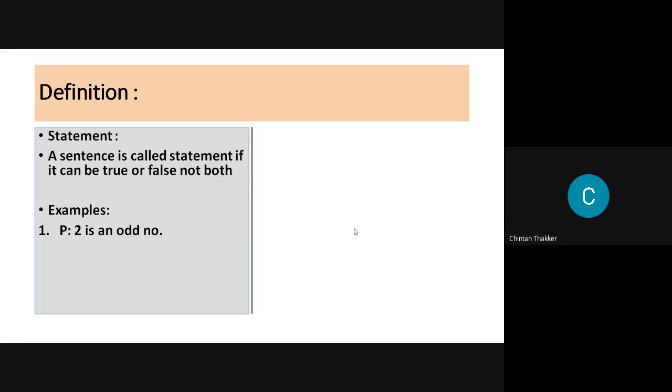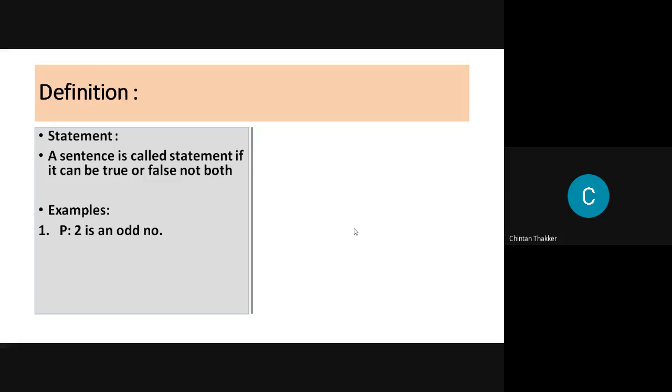Now, suppose someone gives the sentence: what a sunny day, or what a rainy day. We cannot say that this sentence is true or false, because there is no place specified and no time specified. Just a sentence is given.